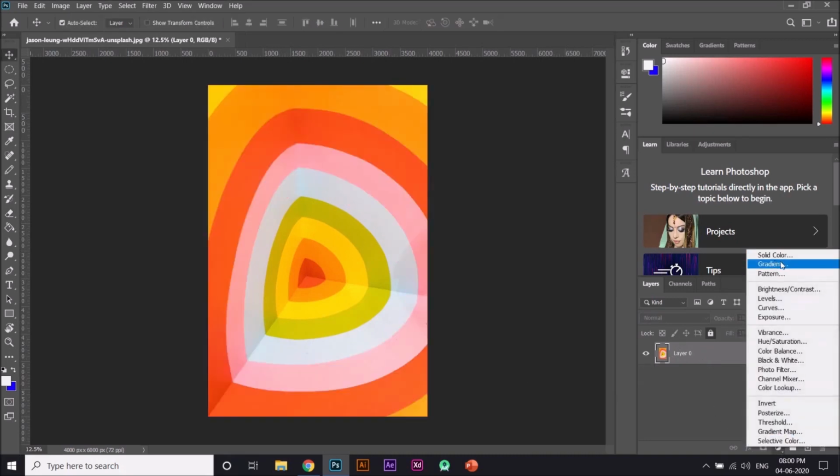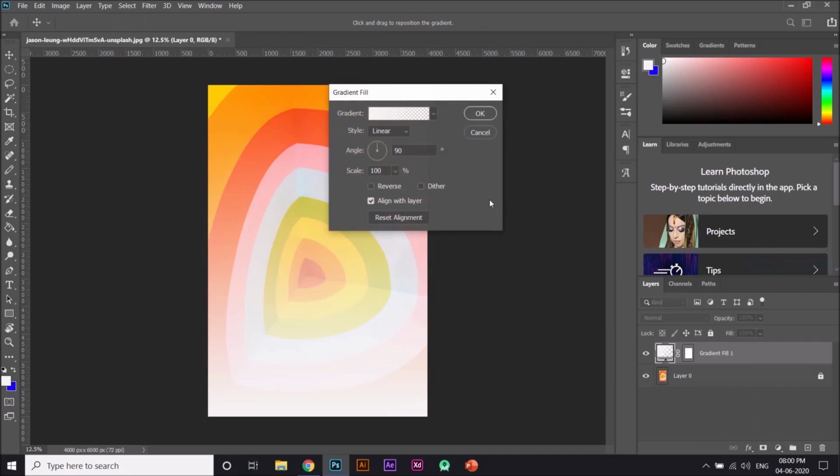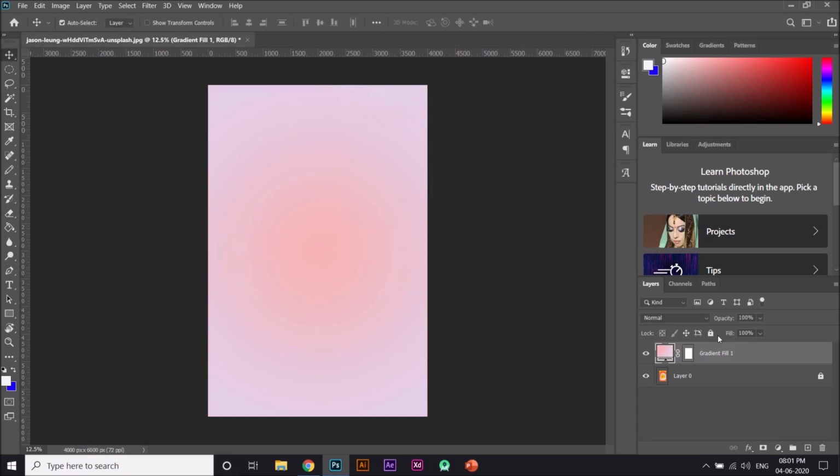Here you can see this option called gradient. This gradient is nothing but similar to what we have seen in our layer styles, that is, the gradient fill option. And this fill option is applied to the whole layer, that is, to the whole canvas which you have made. You can choose the type of gradient you want right here, and then the angle as well, and you can choose if you want it to be radial and everything. You can reverse this effect as well, that is, inverting, and you can just click OK.